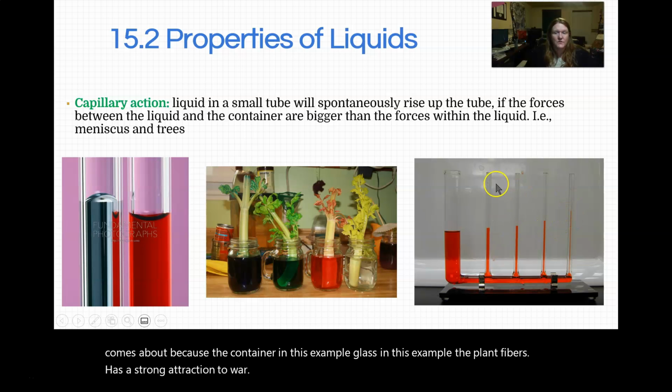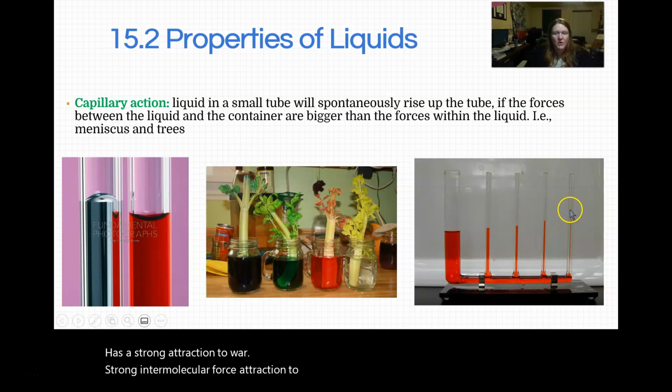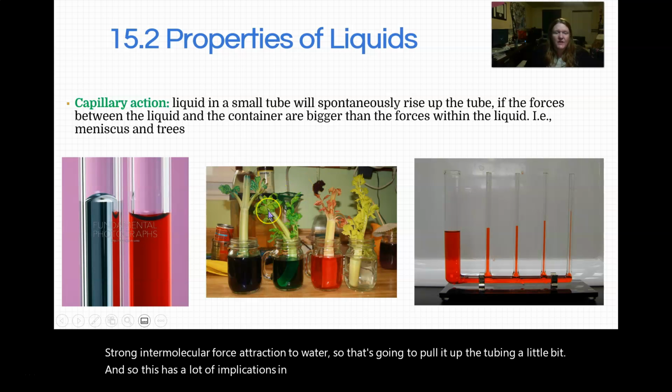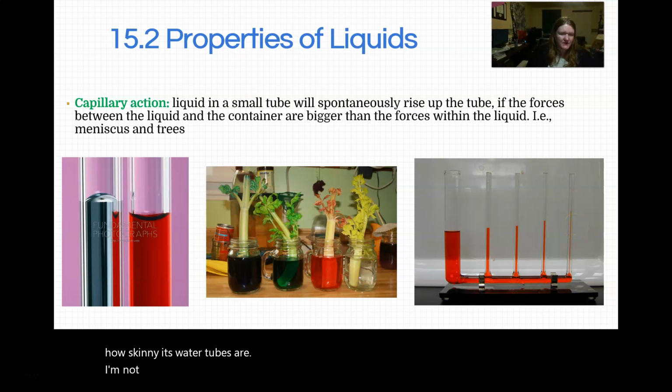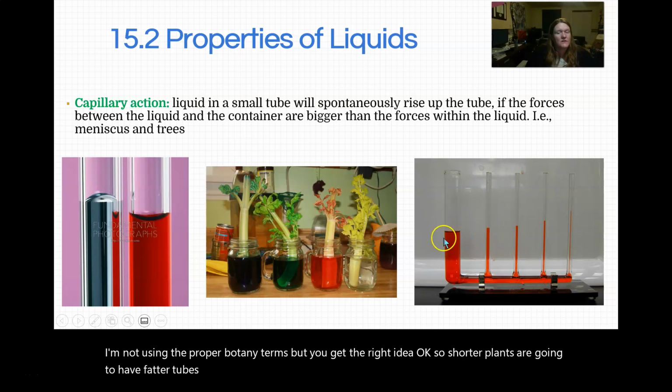Strong intermolecular force attraction to water. So that's going to pull it up the tubing a little bit. And so this has a lot of implications in botany. For example, the height of a tree depends on how skinny its water tubes are. I'm not using the proper botany terms, but you get the right idea. Okay? So shorter plants are going to have the fatter tubes, which means they can move water faster but not